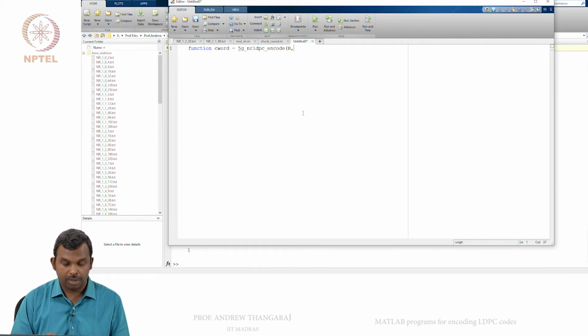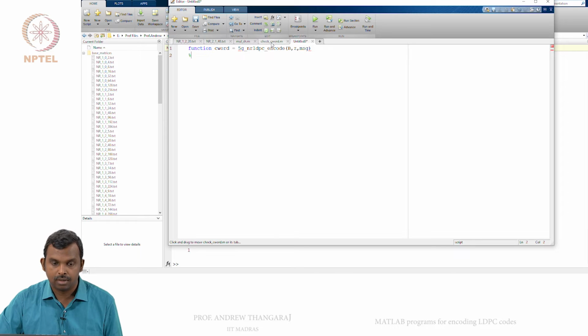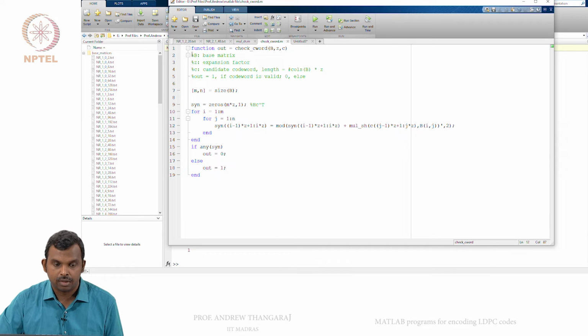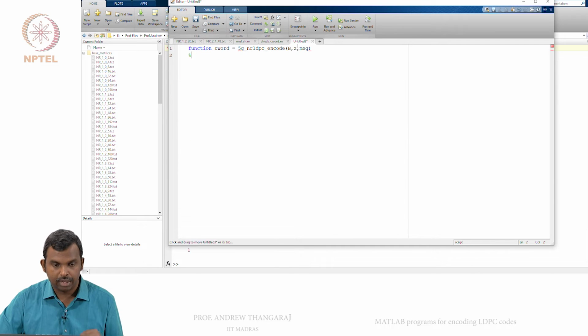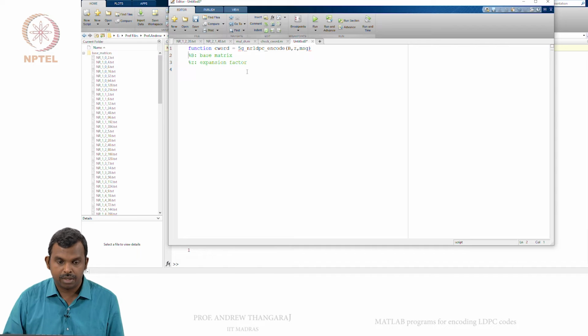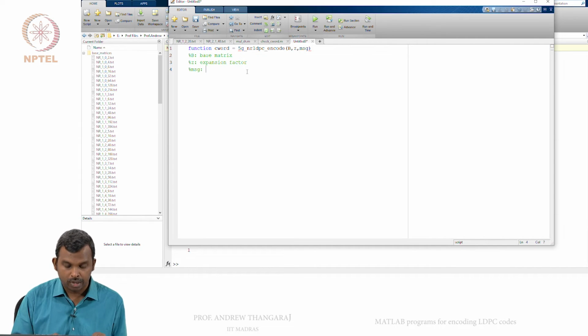The base matrix needs to be given, the expansion factor needs to be given, and the message needs to be given. Okay. So for now, I'll take my B and Z as the same as here. Being a little lazy, just copying from there. B is the base matrix, Z is the expansion factor. The message will be the message vector